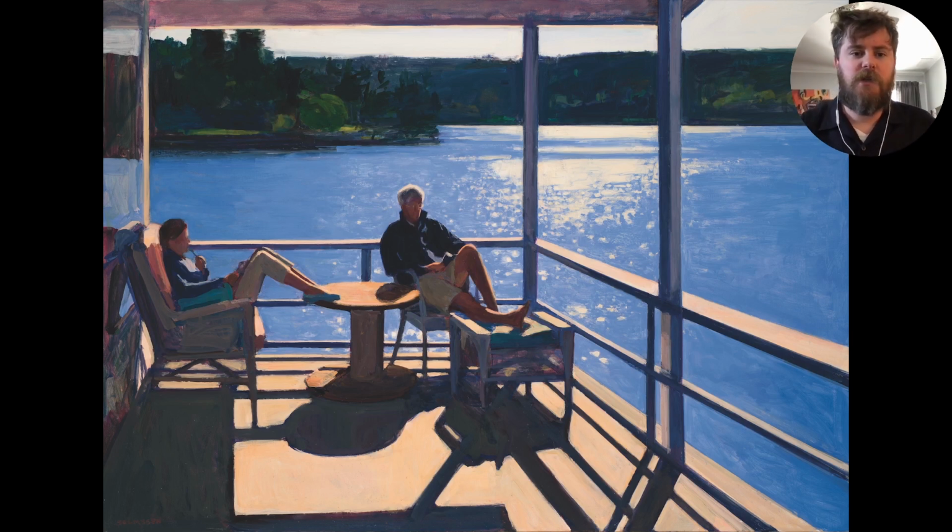When we look at all the different clues we have here about light, what do we think it shows us? One of our participants said, well, based on the shadows I see here and the fact that these two figures are wearing jackets, I think it might be later in the day where the sun is starting to go down and will eventually come down past this green area here. So we're seeing those long shadows that you sometimes see later in the day when the sun is starting to go down. Some of our participants agreed, though another participant said maybe it's morning and the sun is just starting